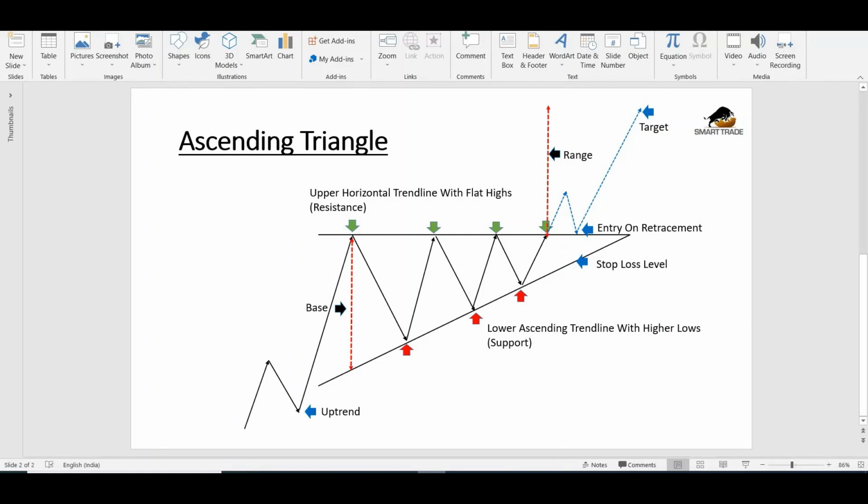Basically, it is nothing but when price moves into a consolidation zone or a narrow zone, we are expecting some kind of a move upward or downward. In case of ascending triangle, we are only looking for upward. This could happen here also. Let's say tomorrow the market crashes, it could go down. But our entry points are very clear. Our stop losses are very clear. So that's the beauty of